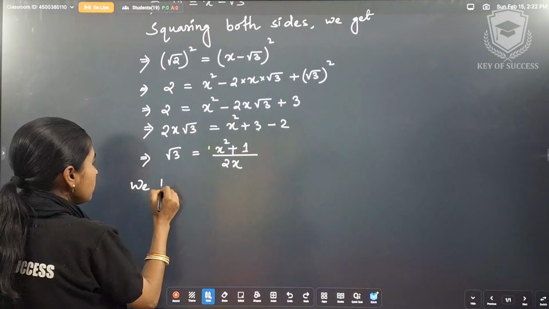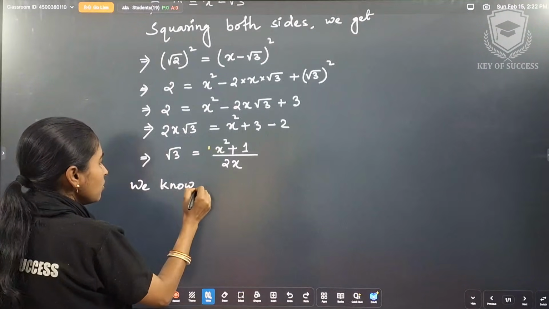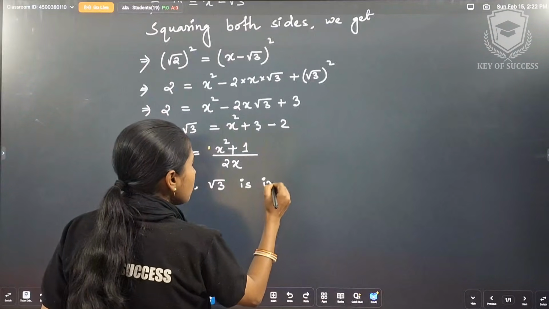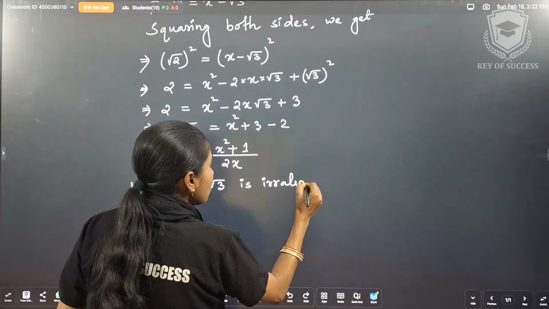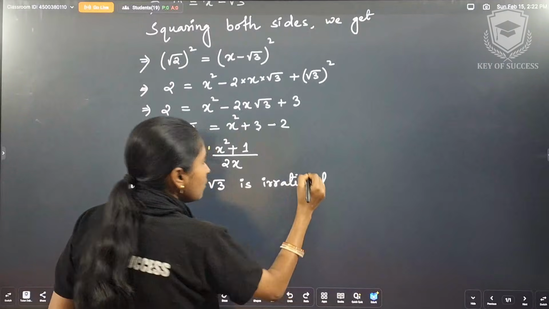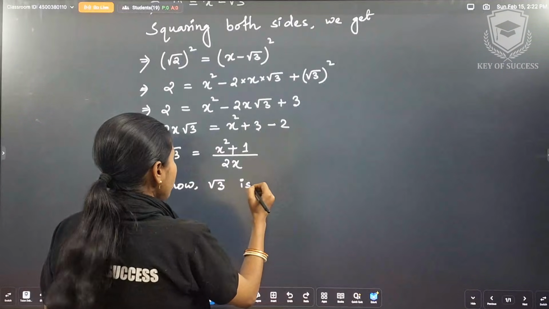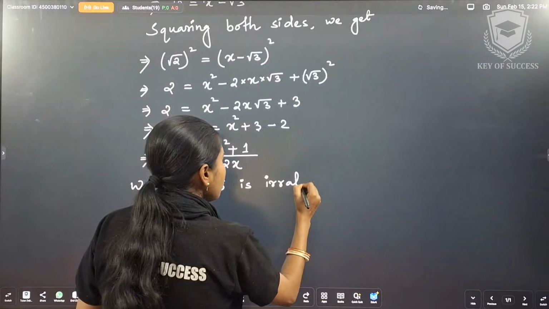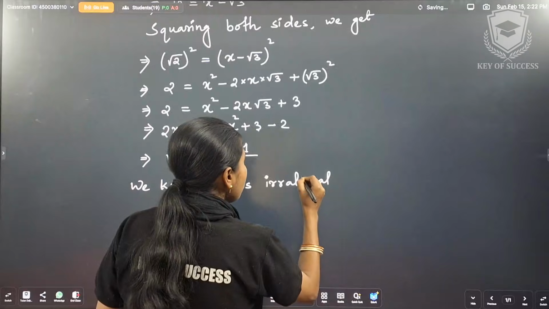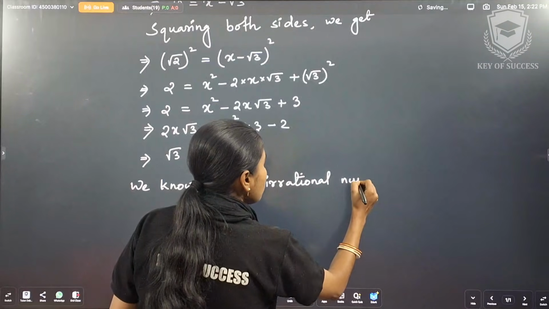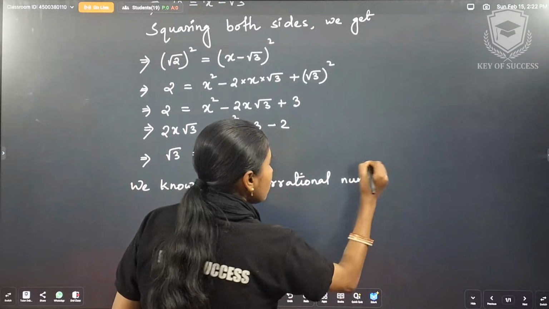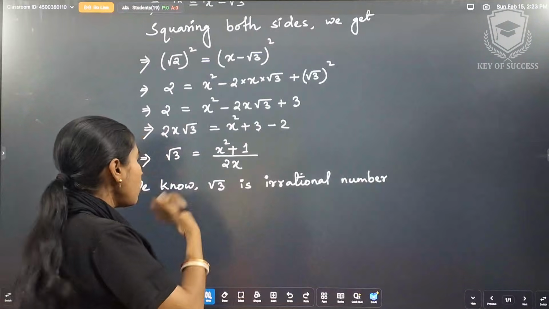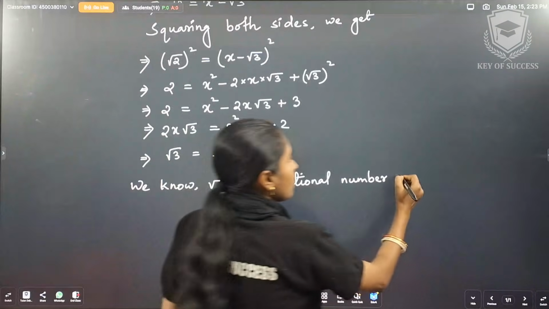We know root 3 is an irrational number, but it is not given in the question. In the question they have not written anything that root 2 is irrational or root 3 is irrational. Now how can we say root 3 is irrational? Because